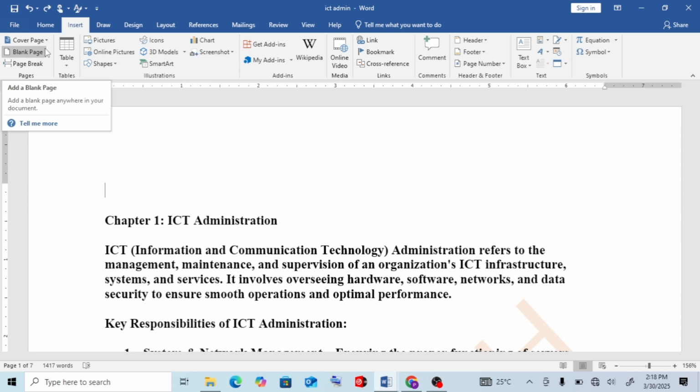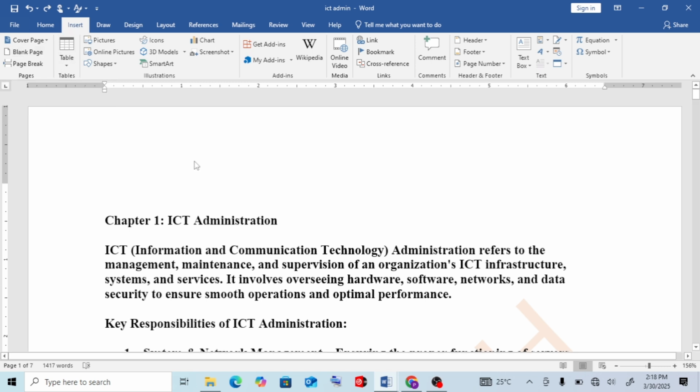Once you click on the drop down arrow, it gives you the different pages that can be inserted in the document. But with me now, I'm using Word 2019, which is somehow so current.